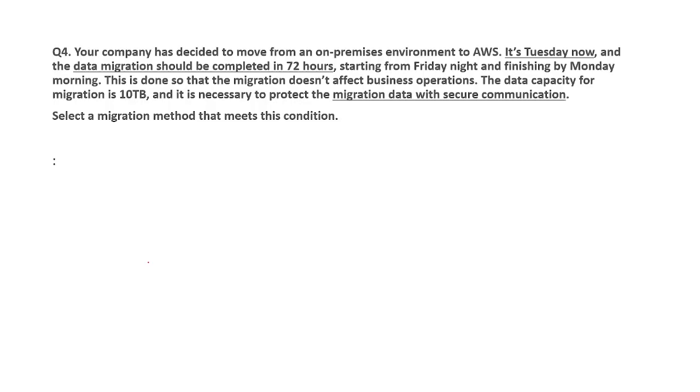So guys, you can pause and read the entire question again. Question number 4: your company has decided to move from an on-premises environment to AWS. It's the third day now, and data migration should be completed in 72 hours, starting from Friday night and finishing by Monday morning. This is done so that migration does not affect business operations. The data capacity for migration is 10 TB, and it is necessary to protect the migration data with secure communication. Select migration methods